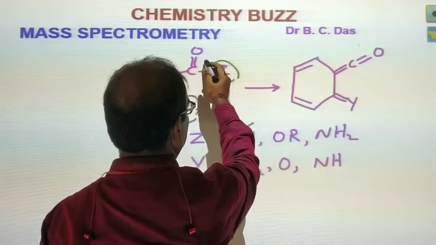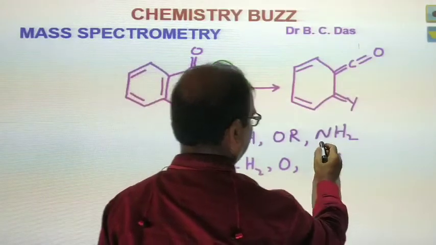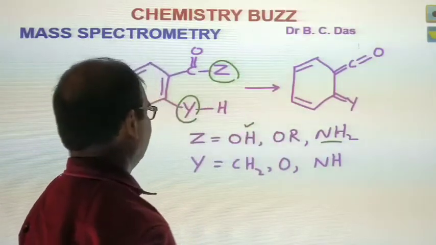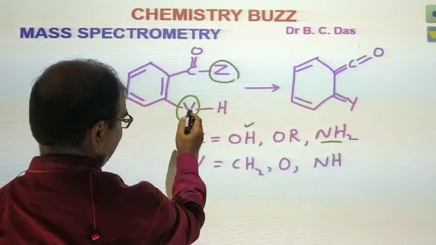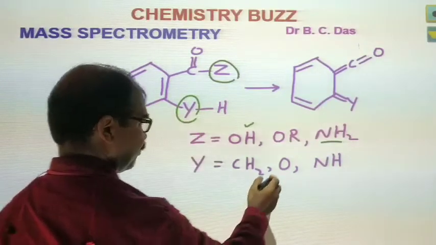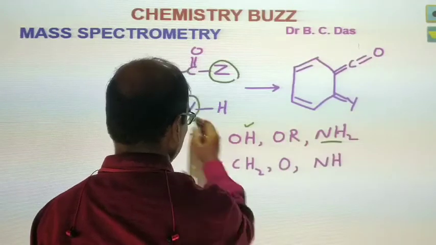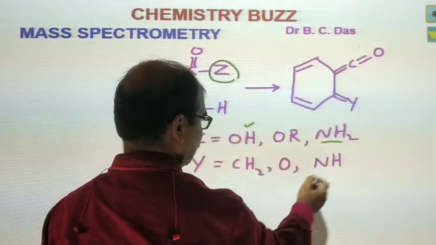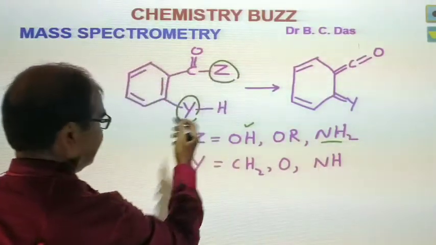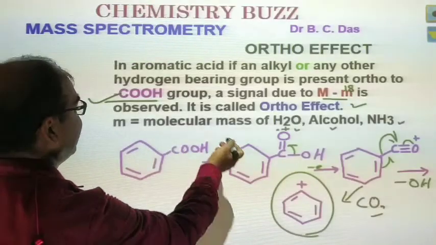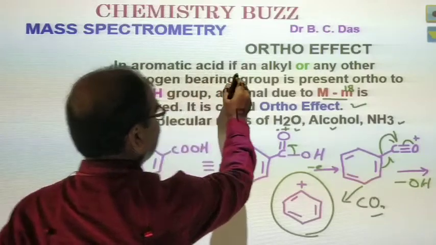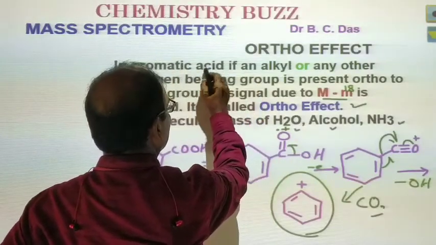If it is OR, then it is an ester. If it is NH2, then it is an amide. Similarly, if Y is CH2, then it is a methyl group. If Y is O, then this is an OH group, and if NH, then it is an NH2 group. So the definition: in an aromatic compound,